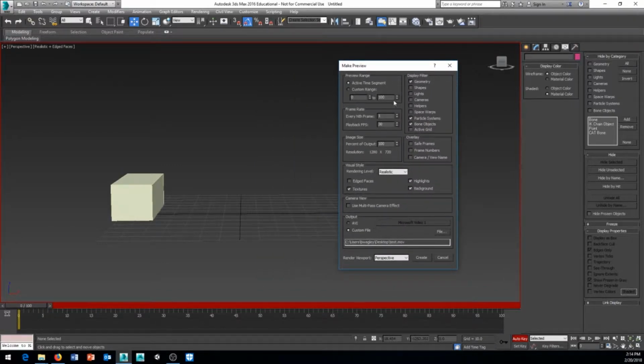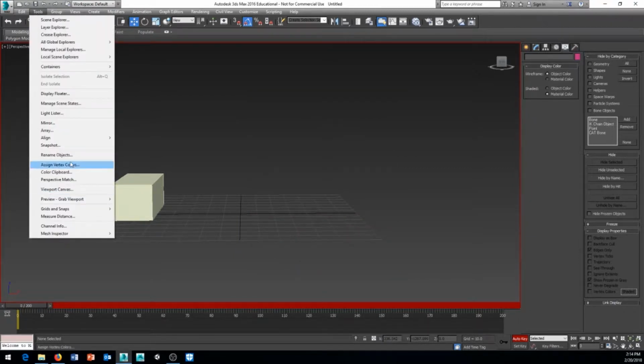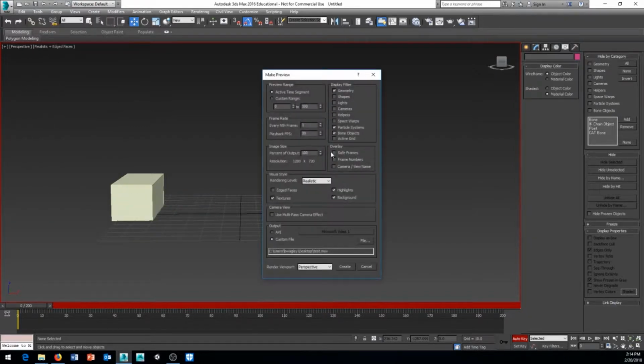So let's quickly go over some of these settings. We have our preview range. Do we want to do the active time segment? So whatever our keys or whatever frames we have in our animation file, like right now we have 0 through 100, that is our active frame range. If I have, for example, let's cancel this so I can change this. If I turn my length to 200, I can see I have 0 to 200 in my timeline. And then I go back to Tools, grab Viewport, Create Preview Animation, then my active time segment is 0 to 200. Or if I want to do a custom range, I can choose to